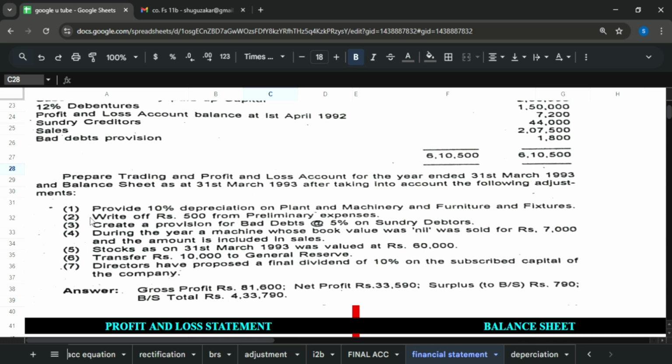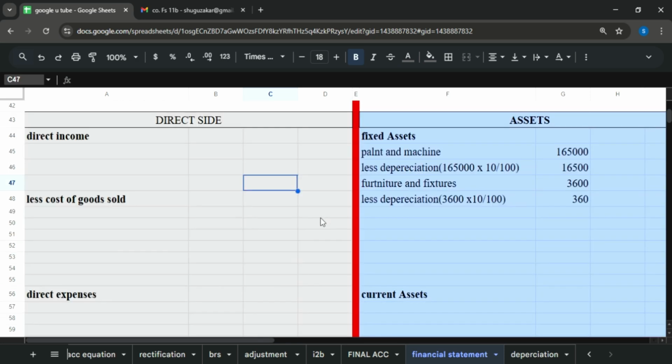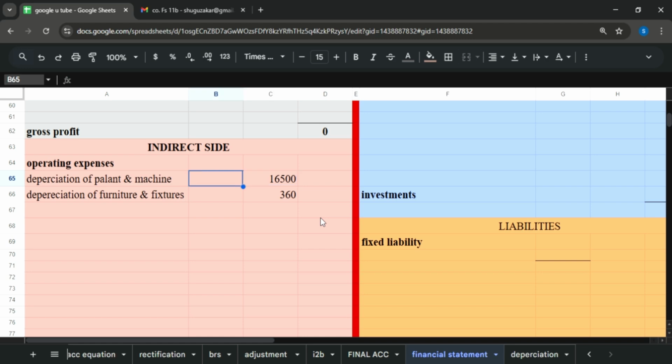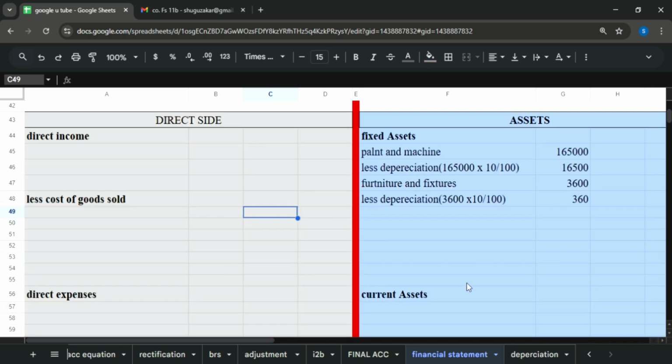Now second, write off 500 from preliminary expenses. So what you will do, preliminary expenses are basically an asset, but it is said to write off only 500. So 500 would be considered an expense, and for the remaining we will go to the current asset side, and here preliminary expenses